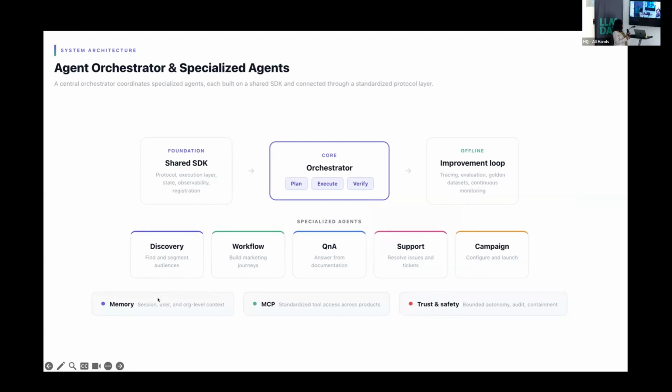So next, I want to go into the agent orchestrator and specialized agent architecture. This is the architecture we follow for the multi-agent system. If you have a multi-agent system, you need an orchestrator. You need someone to say which request from the user goes to which agent. You also need this orchestrator to plan out if you're asking for something like create a workflow for me, there needs to be a plan. Workflow does not arise out of vacuum. There are different steps of the plan. You show that plan to the user.